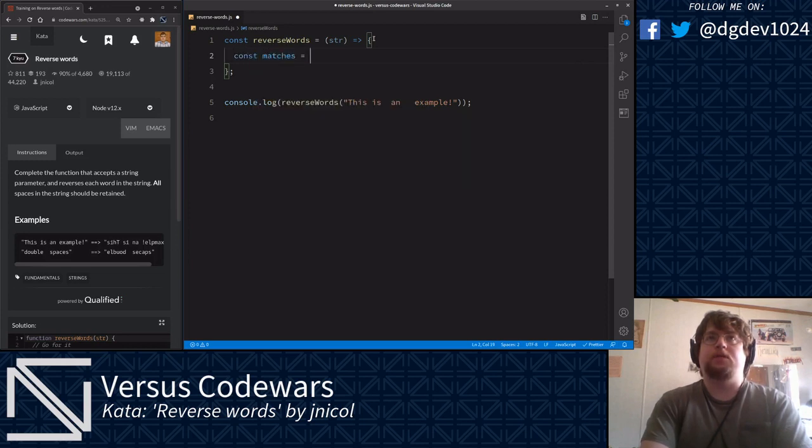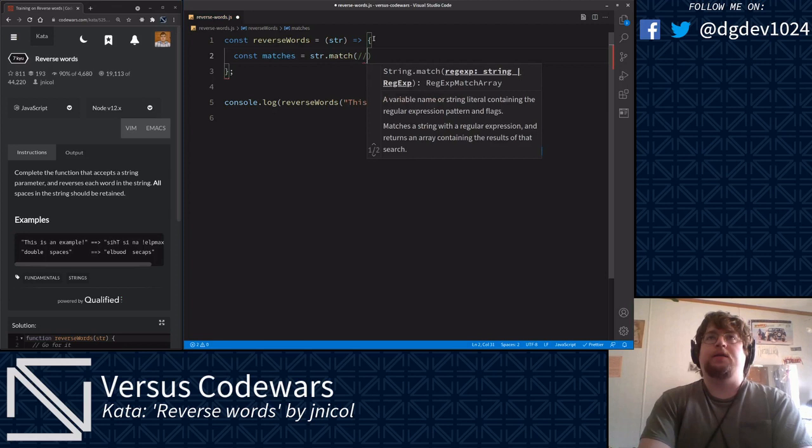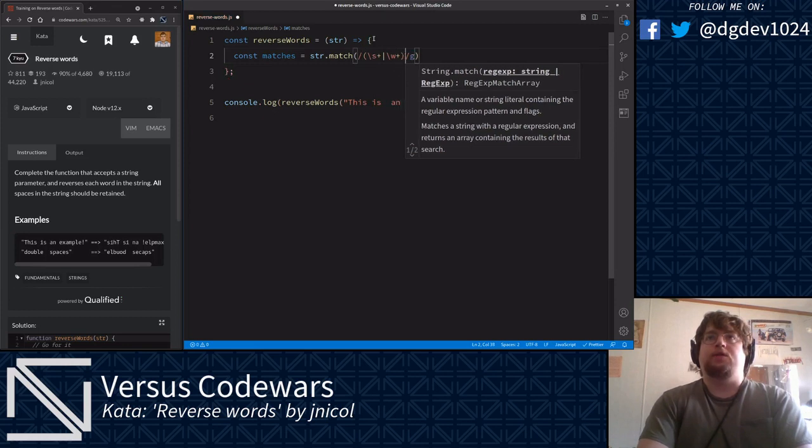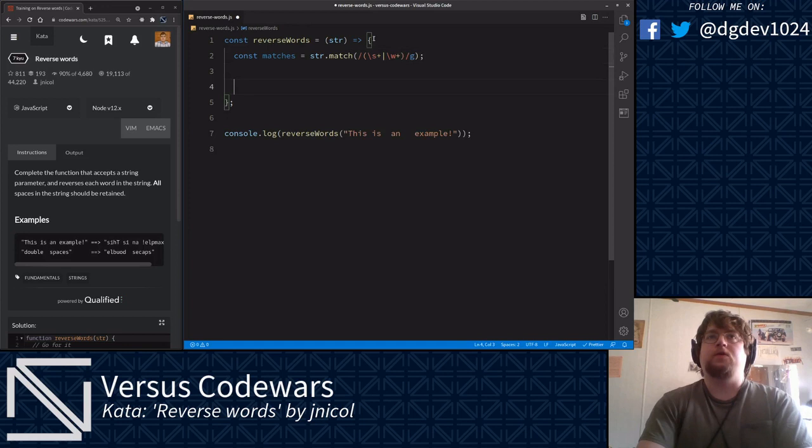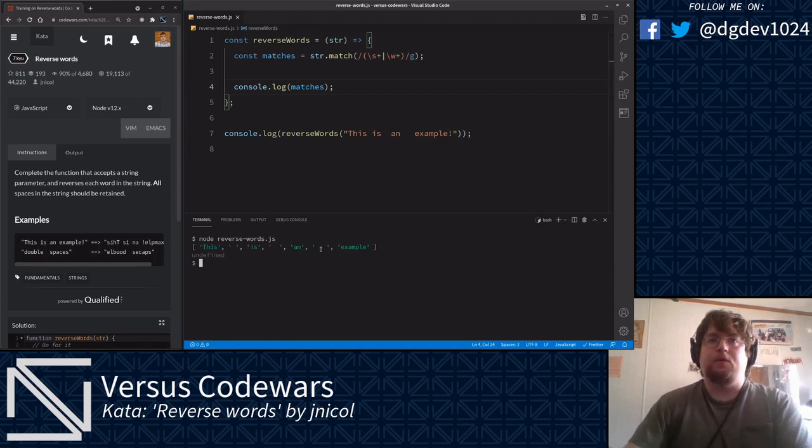Const matches equals str.match. And the regular expression we'll use is a capture group that captures either all white space in the string or all letter sequences in the string. Let's console.log that and see what that looks like. As you see, I've got this string here with multiple spaces in it. Let's see what this looks like. Reverse words. And as you can see, we have each of the words and each of the space sequences in the string